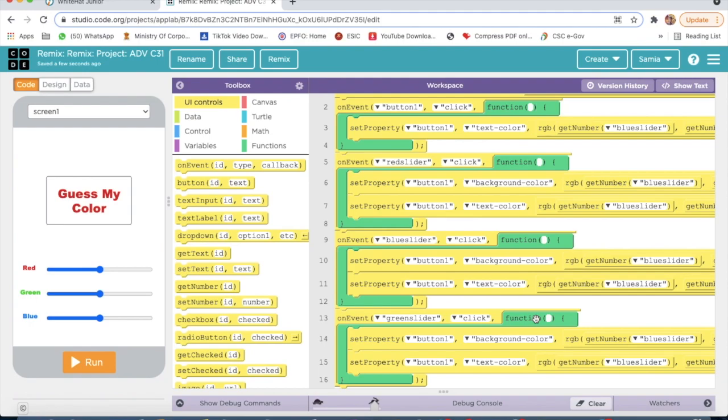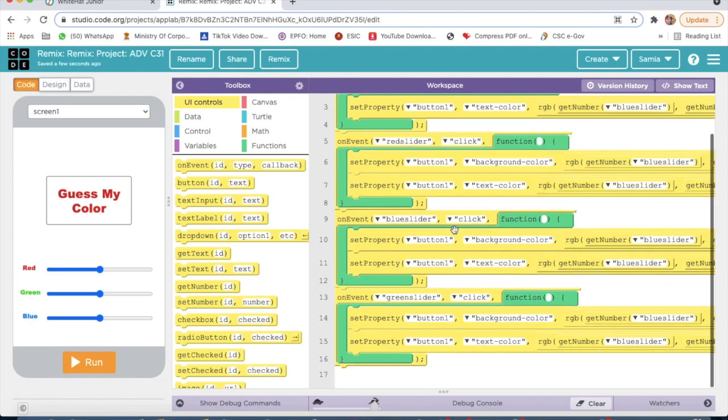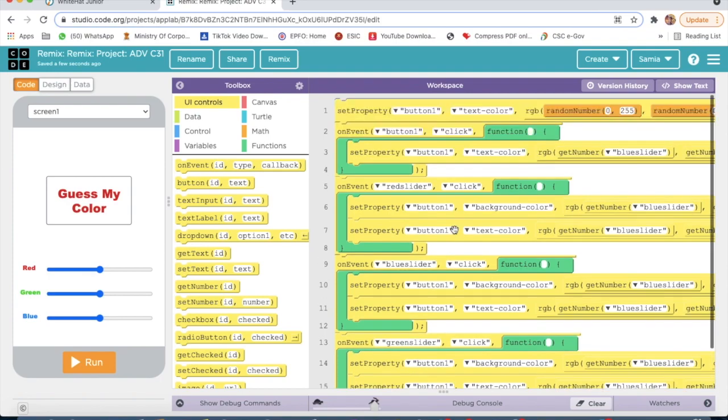So here we worked on green slider. Our coding part is done.